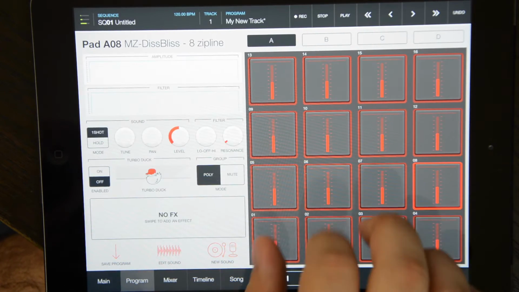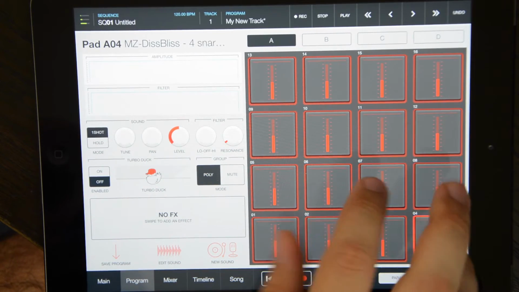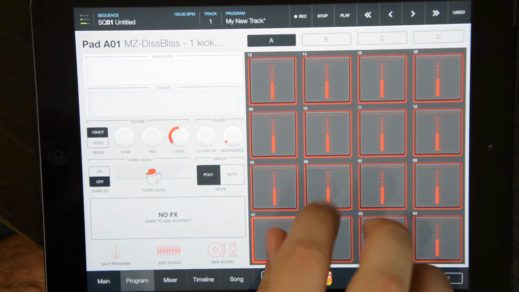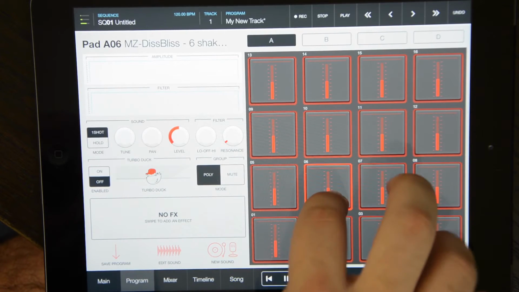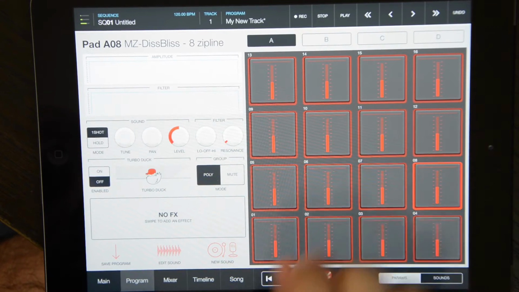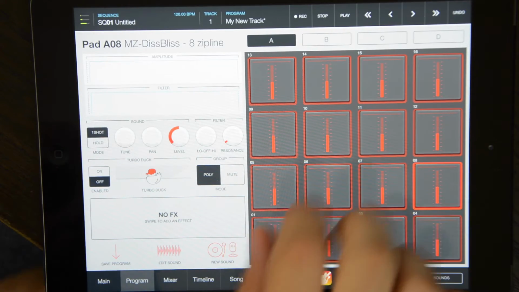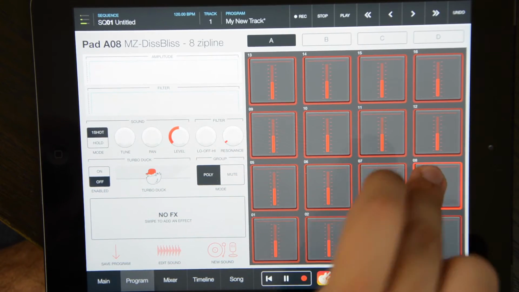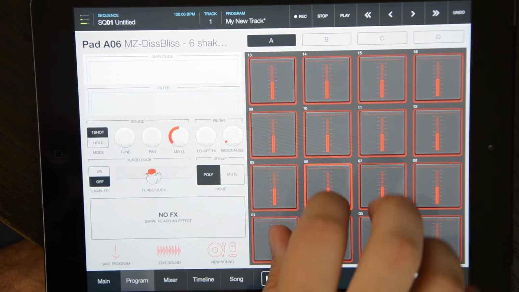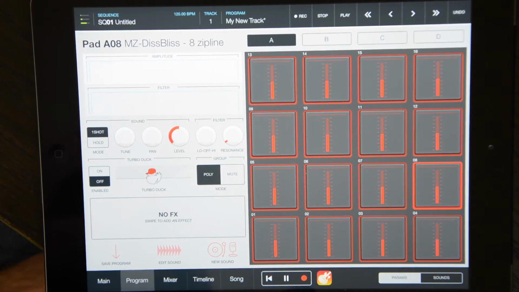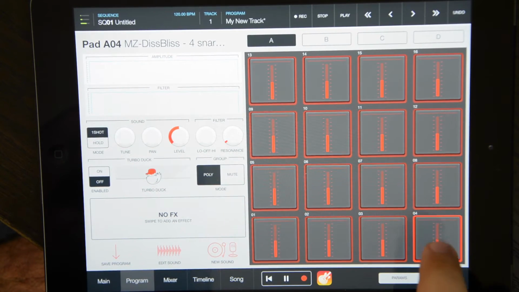So if I'm doing the rhythm, kind of do like a little hey. Snare drum is interesting. It's really noisy.